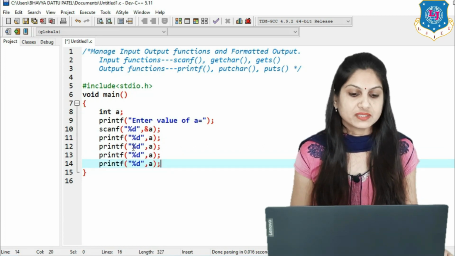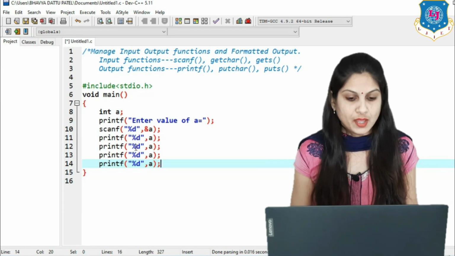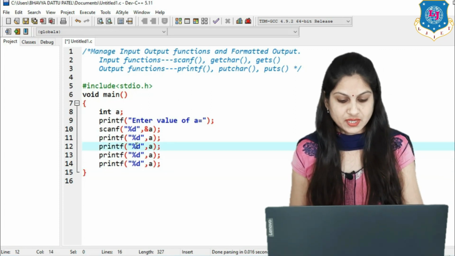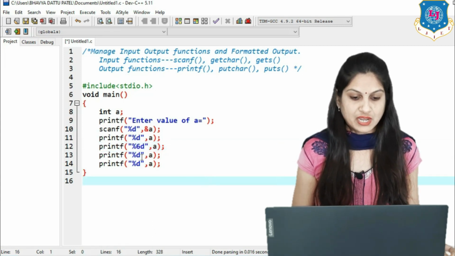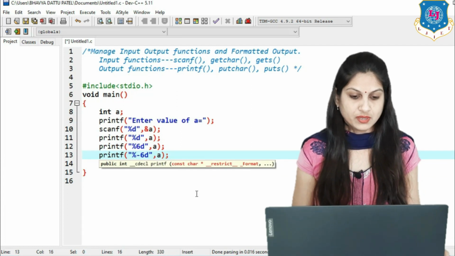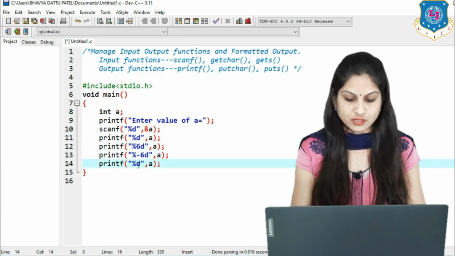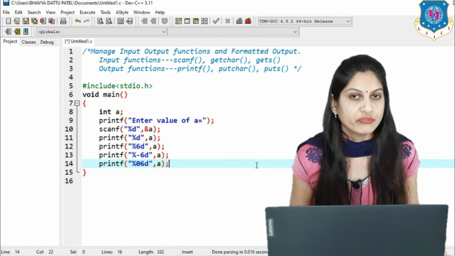When we write %d, the simple integer value will be printed. But suppose I write %6d, then what happens? We will see in our output. Then suppose I write %-6d, then what happens? And last, suppose I write %06d. Just see in the output how the output will be formatted.